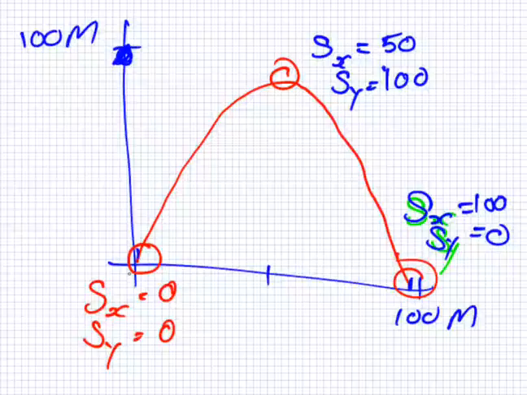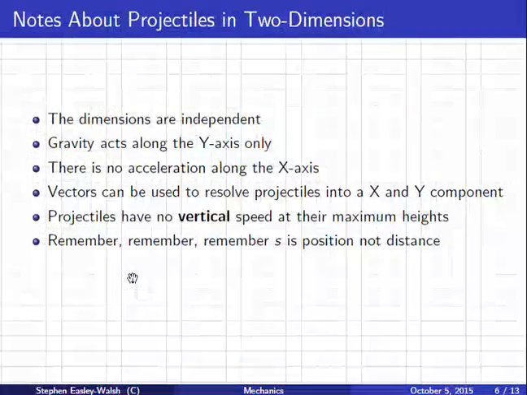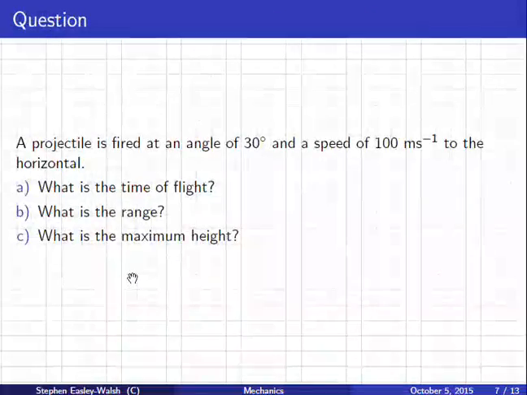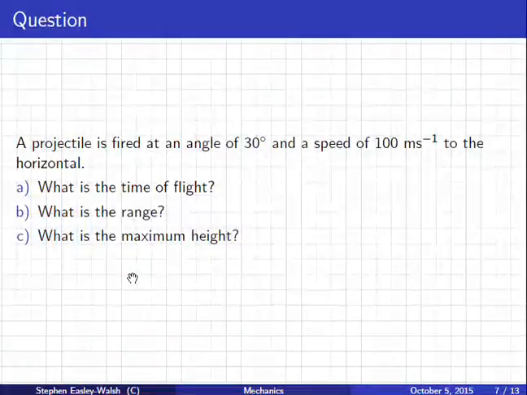So the first point, the dimensions are independent. Okay, so take something that's not independent. So there's x and there's y. So let's say I have, I don't know, like a rope here and it's swinging around. So imagine, let's say it's here, and then let's say it's here, for example. So look, this x is getting smaller, and what's happening to the y? Getting bigger. It's getting bigger, and then when the x is 0, what's the y? Not the highest, yeah? So this is an example where the x and the y are not independent, that they